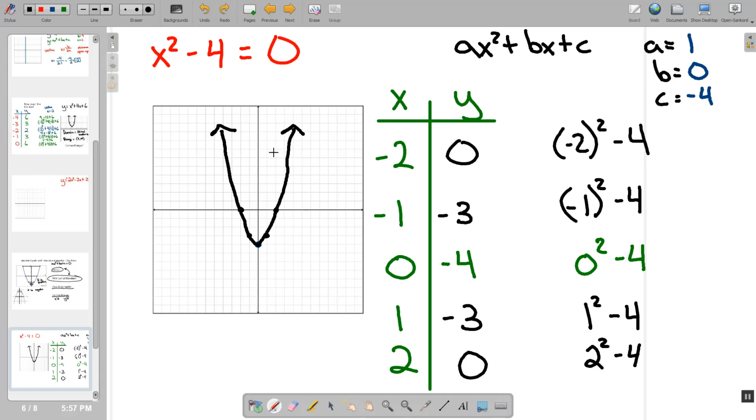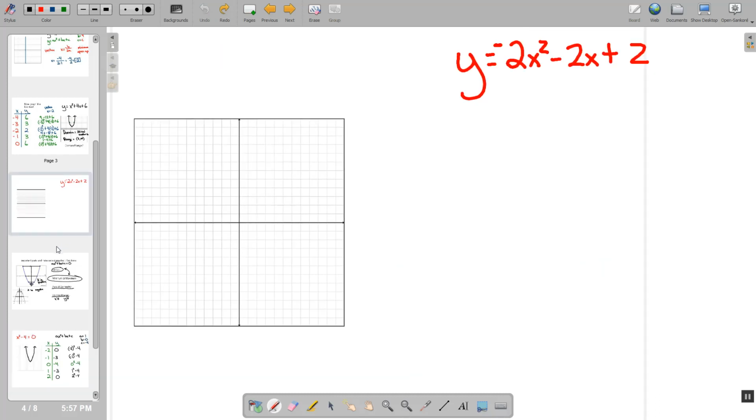So once again, you want to find the vertex, make the middle of your table equal to your vertex, and then graph equidistant from that point. So let's do one more problem here. To keep it short, we're going to cut the middle part short. But for now, we need to find the a value, the b value, and the c value